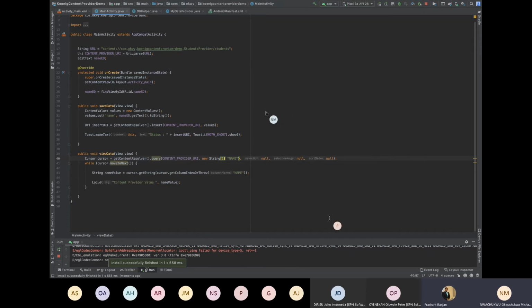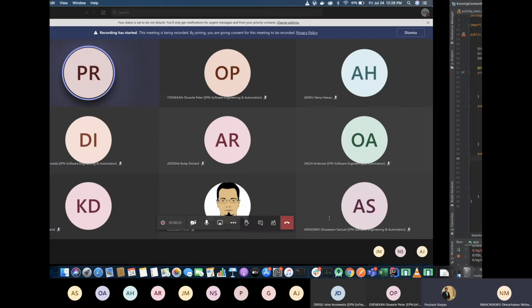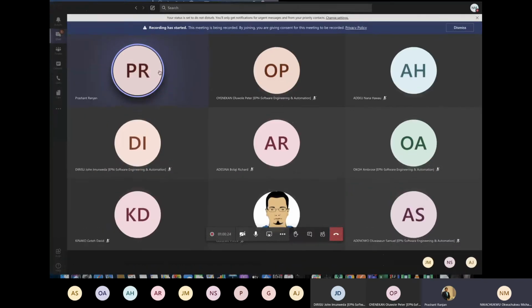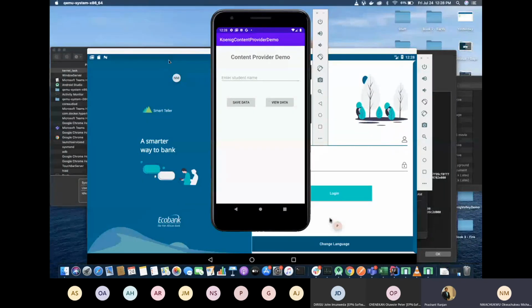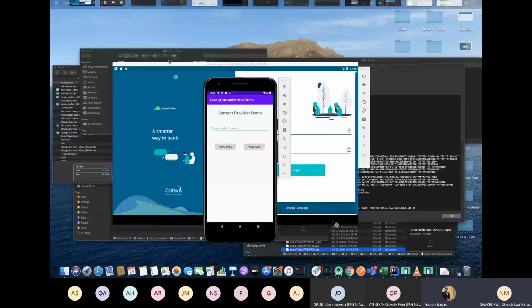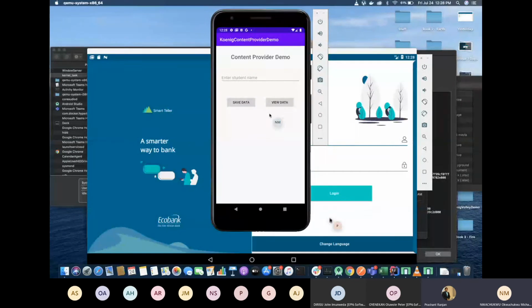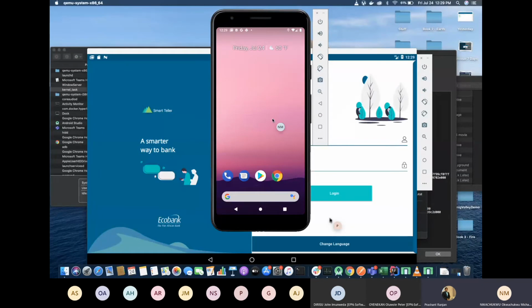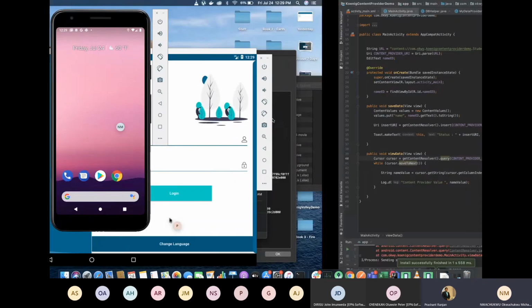Can you open the emulator? Run the application. Click on the view data. Wow, still crashing.